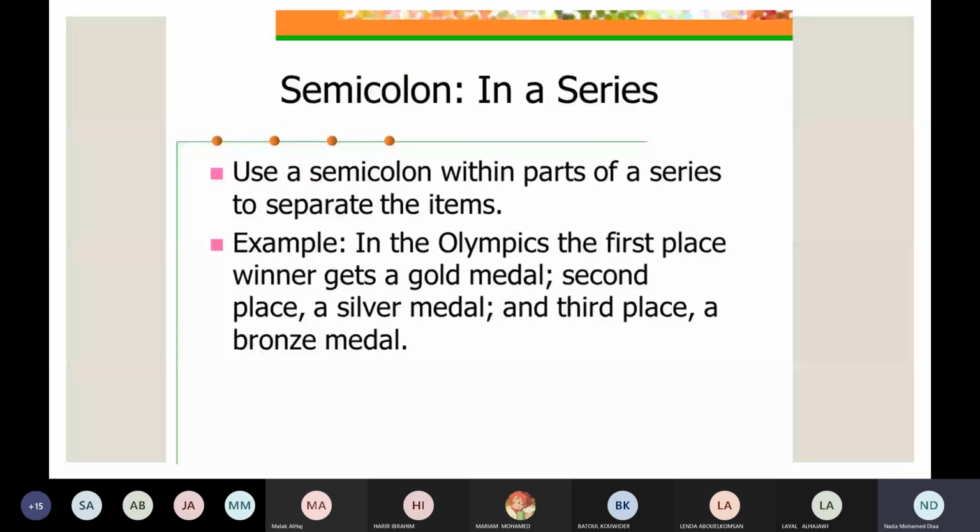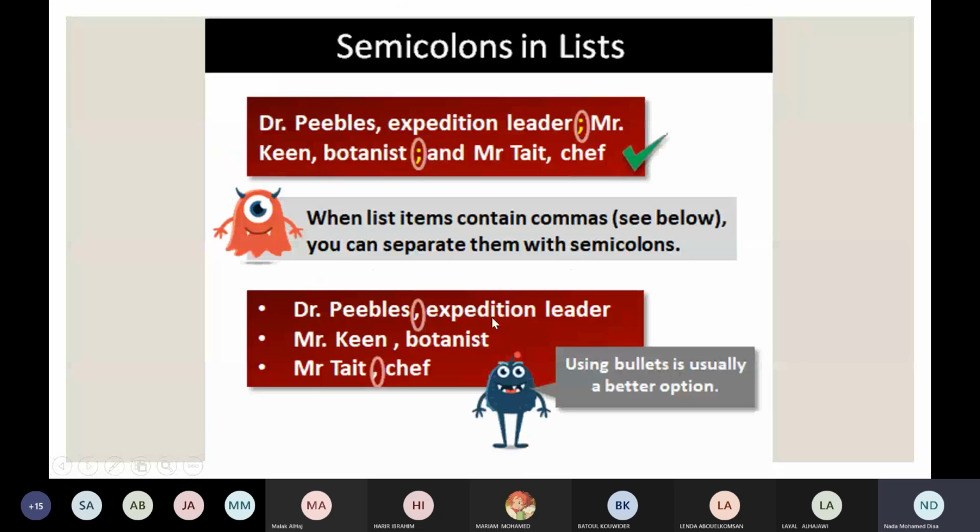Here again, Dr. Peoples, the expedition leader. So here I'm modifying Peoples. Then, semicolon, Mr. Keen, botanist, and semicolon, and Mr. Tate, chef. Because here I am,